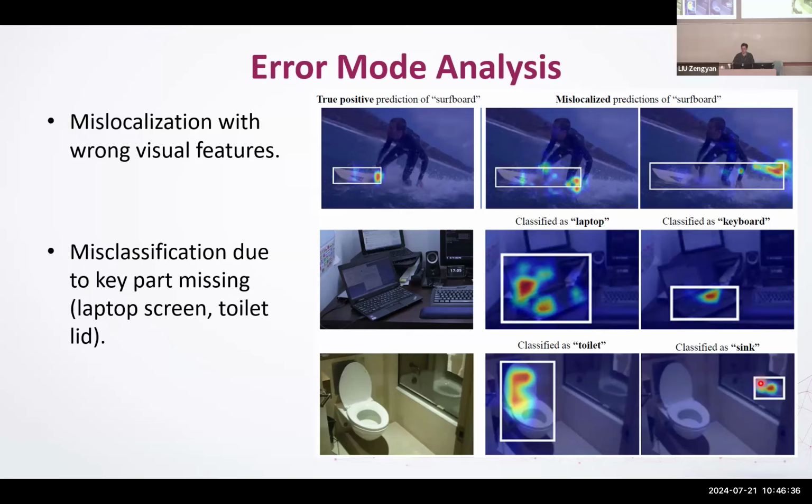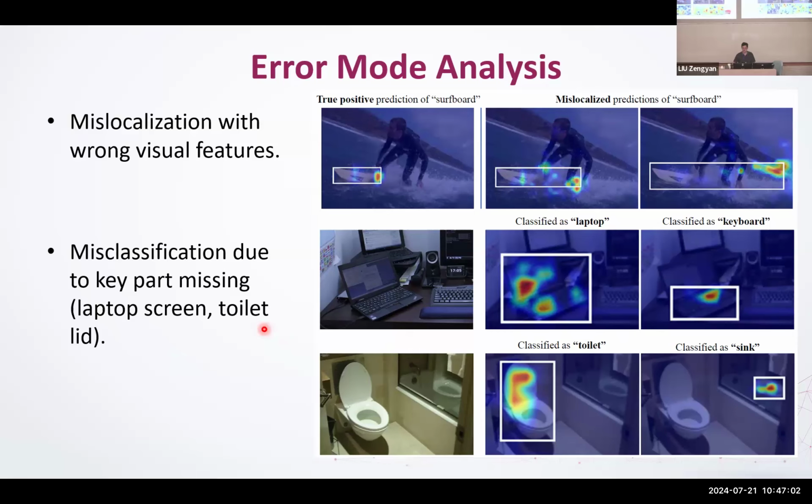Because it's a shallow bowl. It classifies it as sink because normally for it to classify as toilet, it has to have a back of the toilet. So this shows you that there's some bias in this data set. All the toilets have the lid up and not a missing lid. So this object detector won't work if you go to a public bathroom because they don't have these lids. But it also shows the importance of doing this kind of analysis.